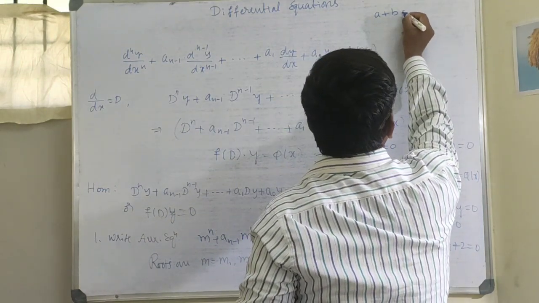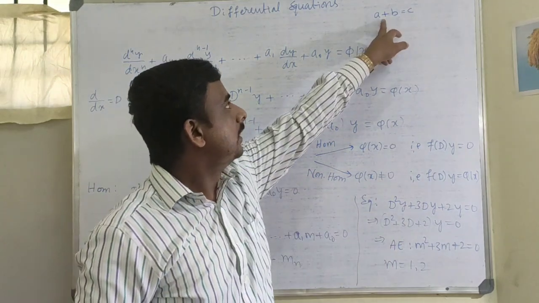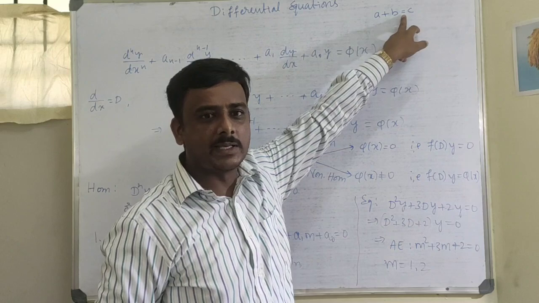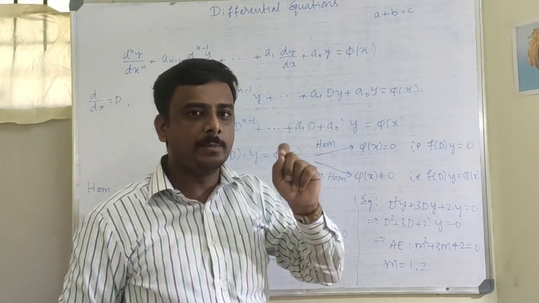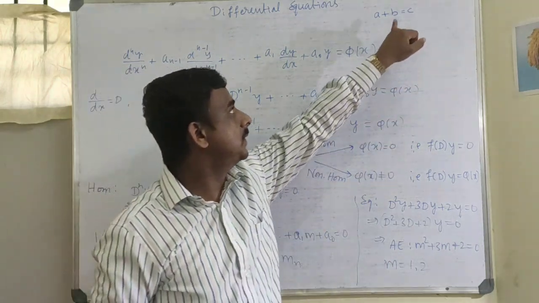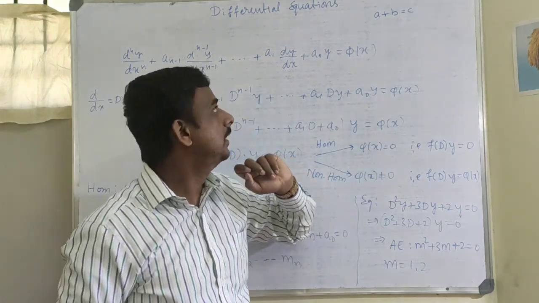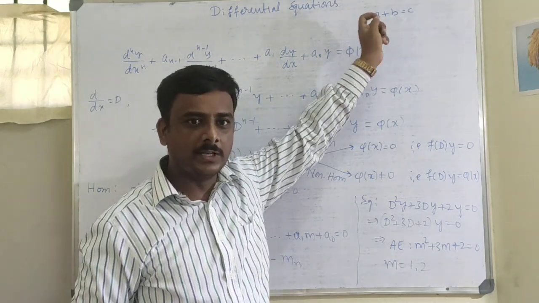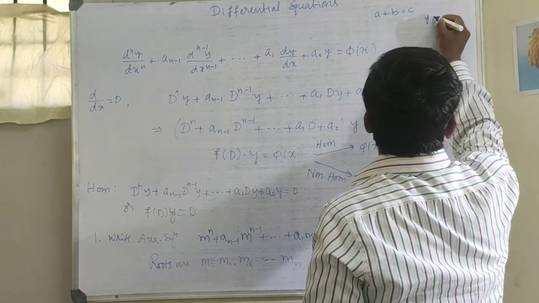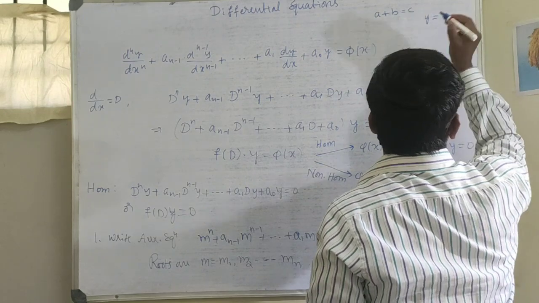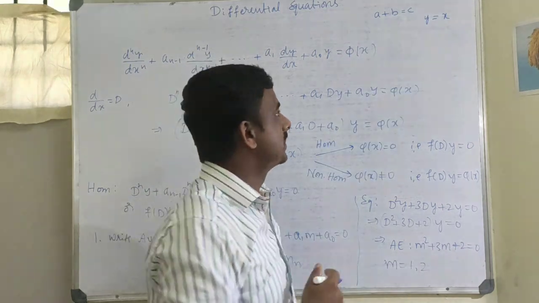If I write A plus B equal to C, then we have a mathematical operator and variables along with an equal sign. So this is called a mathematical equation. Any mathematical expression involving an equals sign is called a mathematical equation, or simply an equation. Now, an equation involving differential coefficient. For example, say y equal to x, it is a mathematical equation because it involves variables and an equals sign.